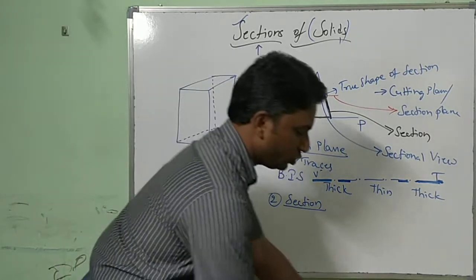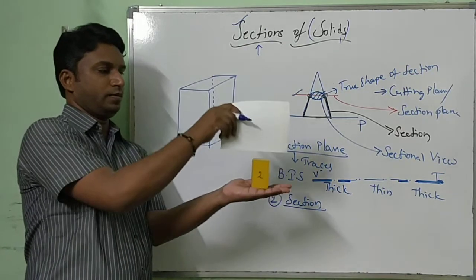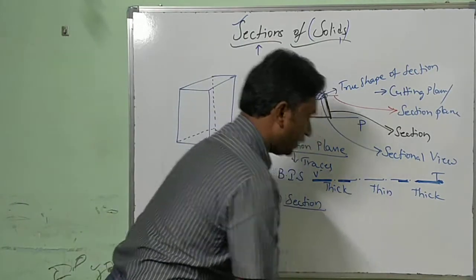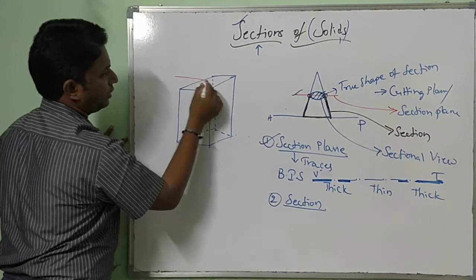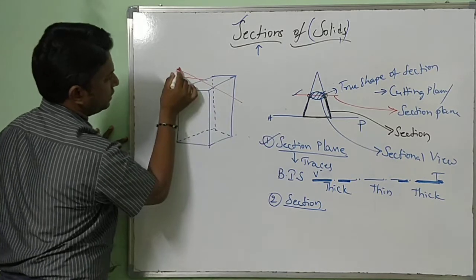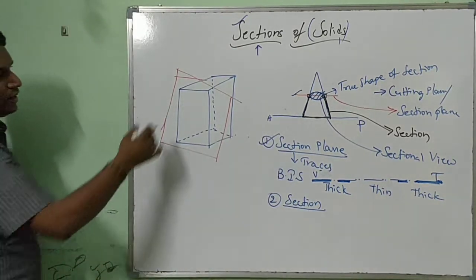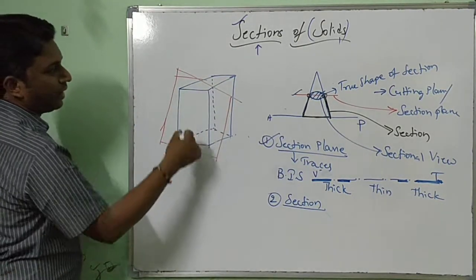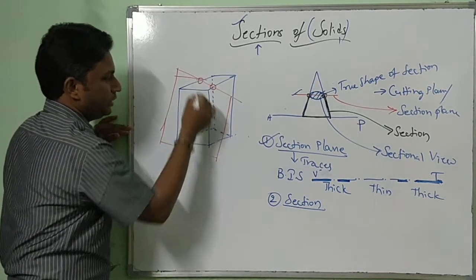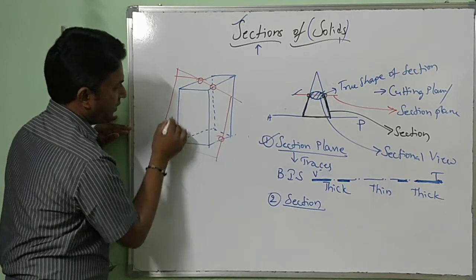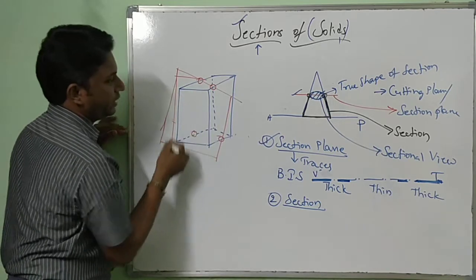Now what I am showing you is this square prism being cut vertically like this. Now how will it cut? Can you see this? I hope I am doing well with the help of the drawing. I am cutting this particular place. When I cut here, the section plane intersects at this point, this point, this point, and in the same way when I cut here, this point also gets intersected.